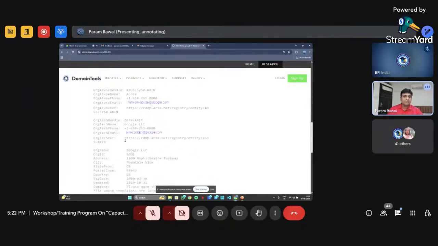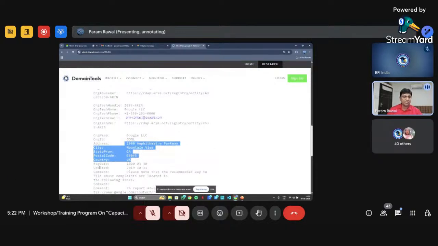Here there will be a local address available for the company. This is Google, this is the address of that company, city Mountain View, state, postal code, country, and even when it was created. So the registered date, when Google registered, was 30th March 2000.